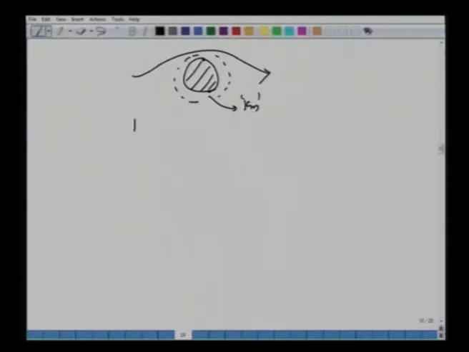So there is a flux towards this solid surface, which is nothing but Km into C bulk minus the concentration at the surface, C at R equal to Rp. So this is Rp. There is a delta C concentration drop across this because of this resistance. So that's a flux here.